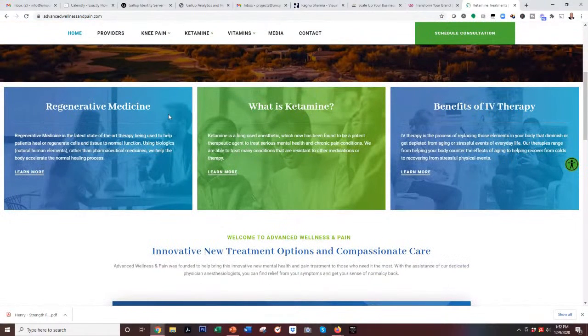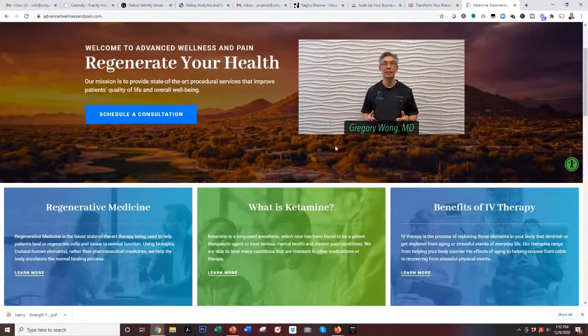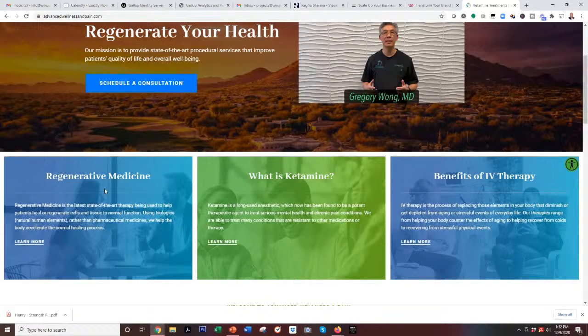All right. Regenerative medicine. What is ketamine? Benefits of IV therapy. Okay. So what I would like to see, if I could, right? What I would like to see is an introduction of each section, right? So this goes right into regenerative medicine. What is ketamine? Benefits of IV therapy. It's not